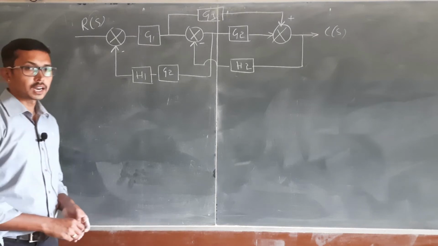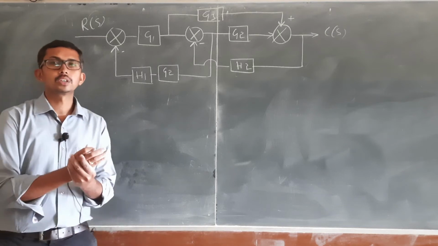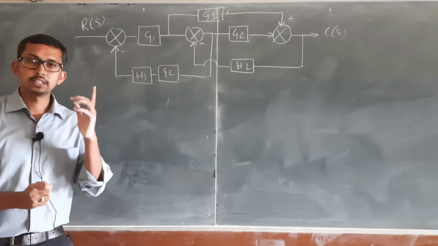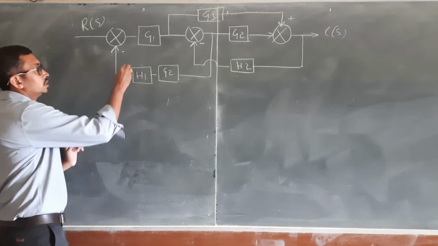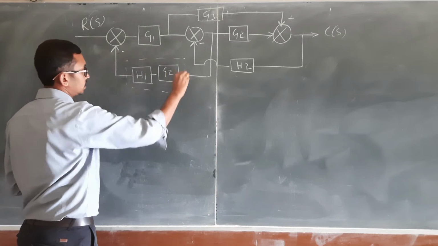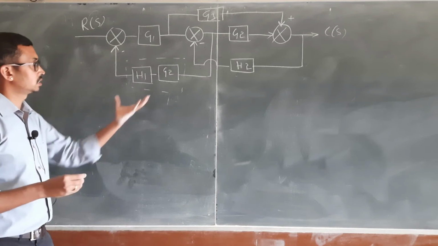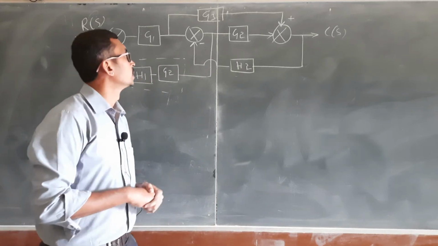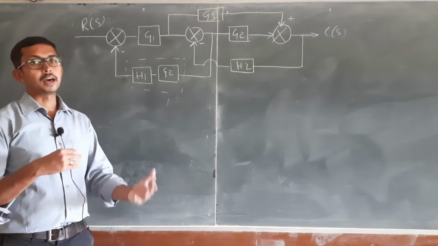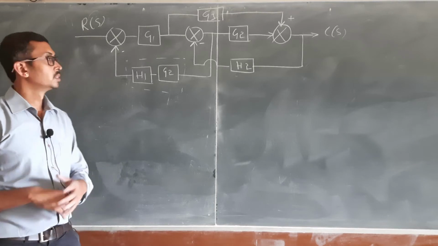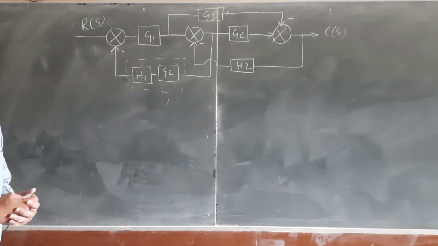Okay, now we will start the problem. So what is the first step? The first procedure is to identify whether any blocks are in series. That is the first rule we are going to apply. So here, these two blocks are in series, correct? So G2 and H1 are in series. We are going to do the multiplication of them. Next, apart from that, do you have any blocks which are in series, parallel, or any minor feedback loop? So do you have anything like that? We don't have any such situations here.